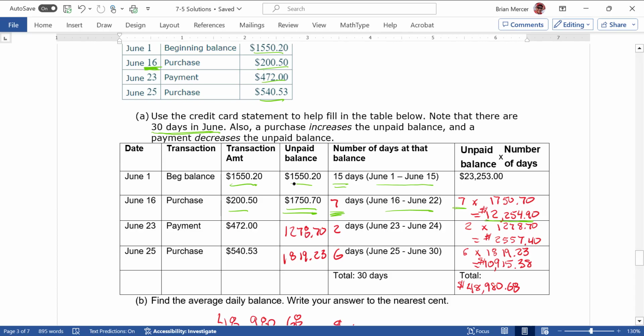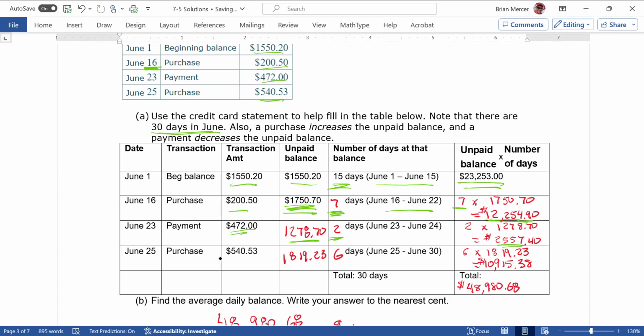And by the way, as you look at these, they are very much like a weighted average. So in other words, the balance was this for 15 days, so you multiply that together and get that. It was this for 7 days, multiply that together and get that 12,200 something. Then you made a payment, and so the balance went back down, so you subtracted that number, and it was that for 2 days, the 23rd and 24th, so 2 times that number to get this